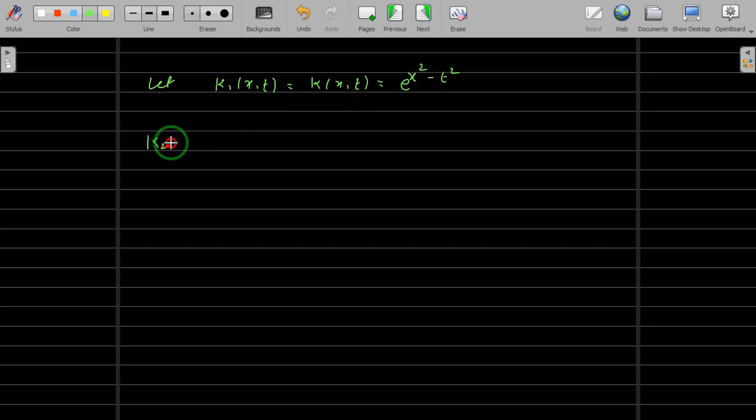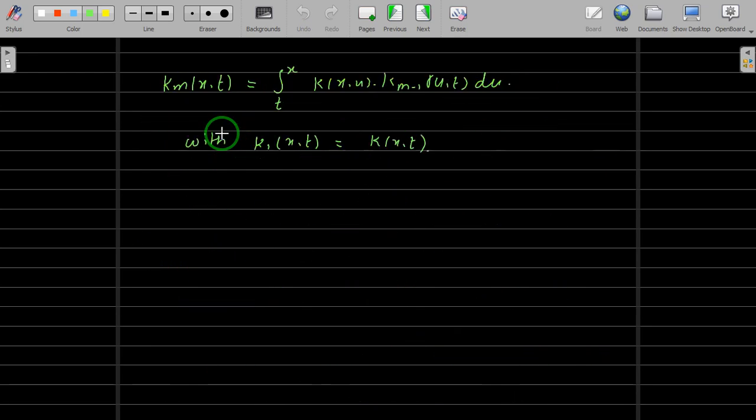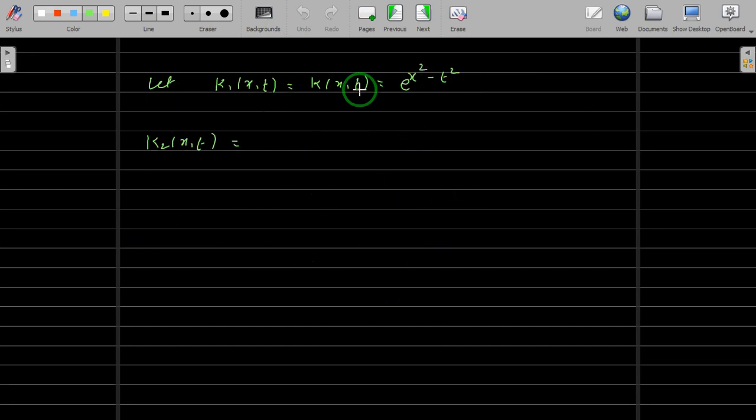To find k2 of x comma t, we use the formula: km of x comma t is integral from t to x of k of x comma u times k m minus 1 of u comma t du. So by using this formula, we can write k2 as integral t to x of k of x comma u times k1 of u comma t du,